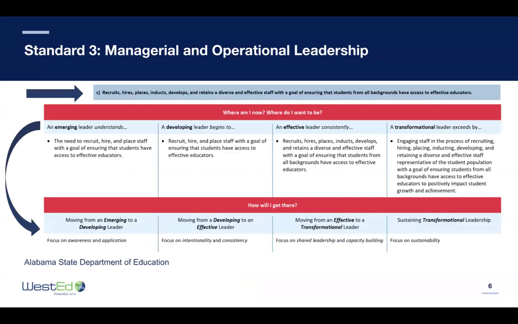As you move through this session, take time to reflect on your current leadership practices. Think about where you stand in your ability to recruit, hire, and retain teachers. Consider where you are now and where you aim to be as a school leader. This session will guide you through a process of self-assessment, encouraging you to evaluate your progress and set goals for growth. Within the Alabama Principal Leadership Framework, there is a continuum that outlines the stages of leadership development, specifically for recruiting, hiring, and retaining teachers. As you reflect on your leadership journey, use this framework to assess where you currently are and where you want to be.